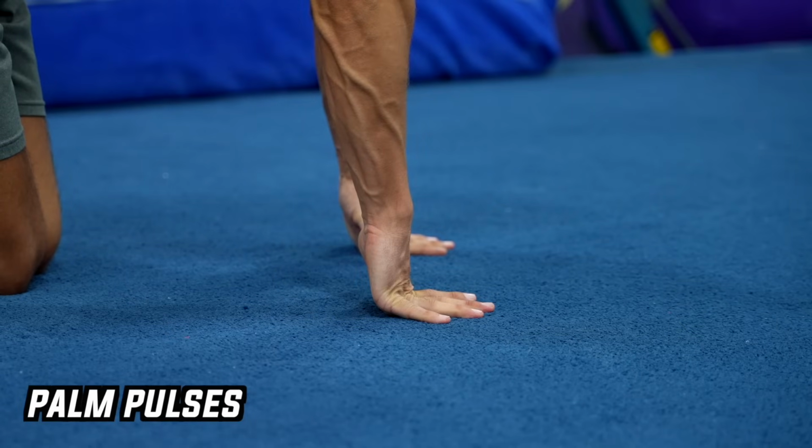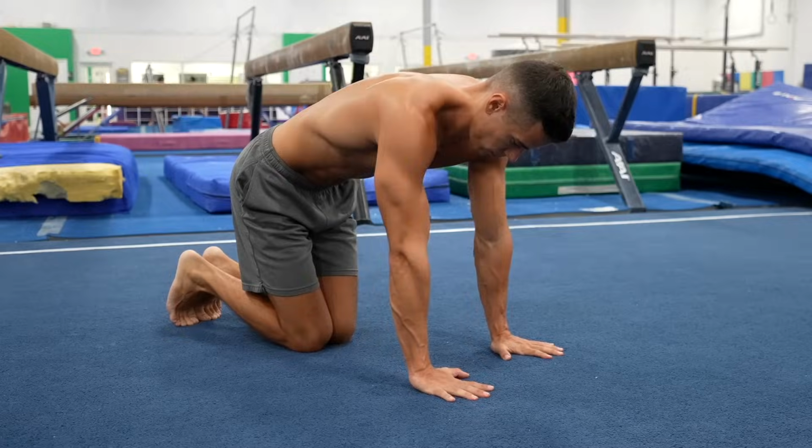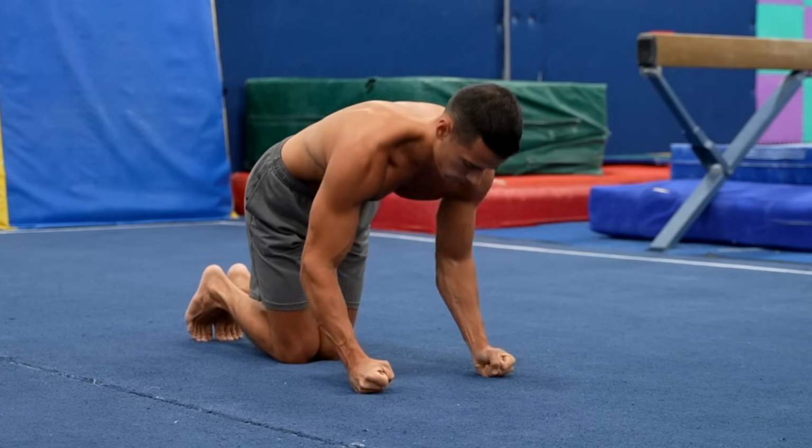To strengthen wrist flexion on a basic level, palm pulses and finger pulses are great. You should do about 15 controlled reps as part of your joint preparation program and routine. For strengthening the deviation, the fist swing is really useful that you should also do 15 reps as part of